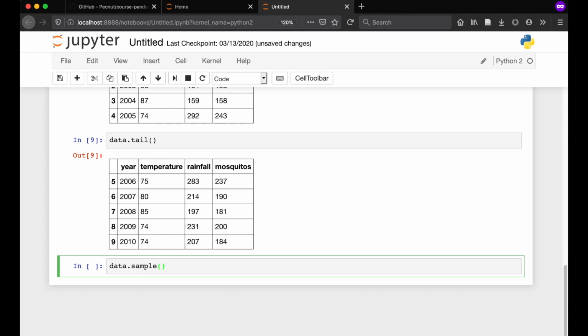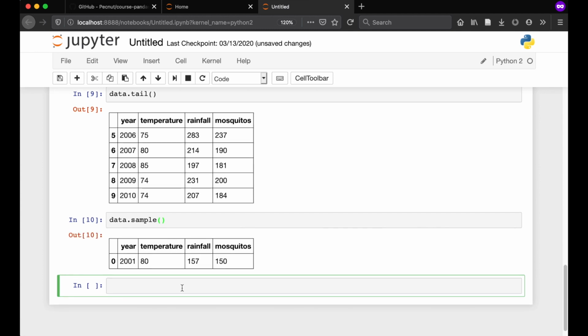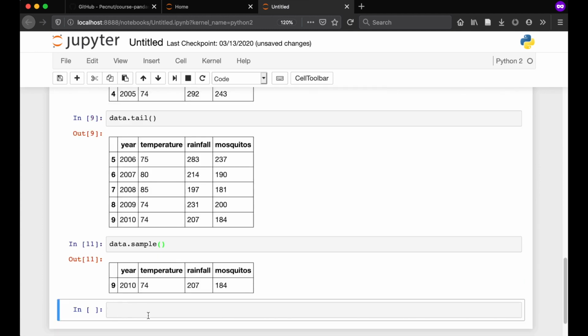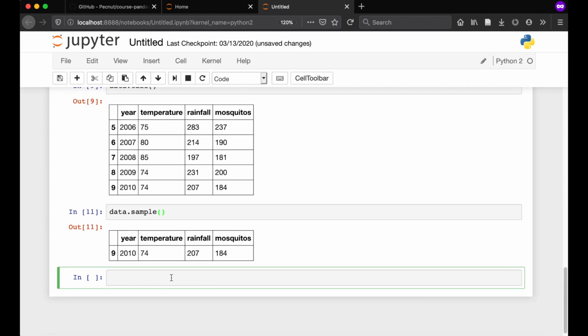Data.sample randomly picks an item for you. If you run it again, you get a different sample, I suppose. Well, I suppose you're likely to get a different sample. And then here's a really powerful command: